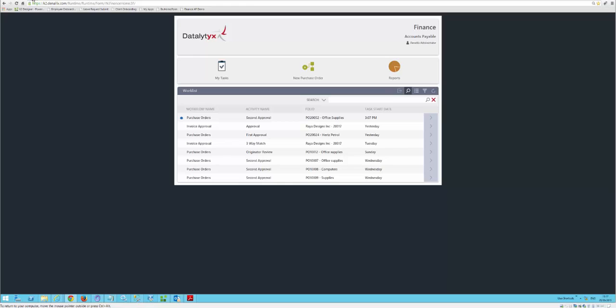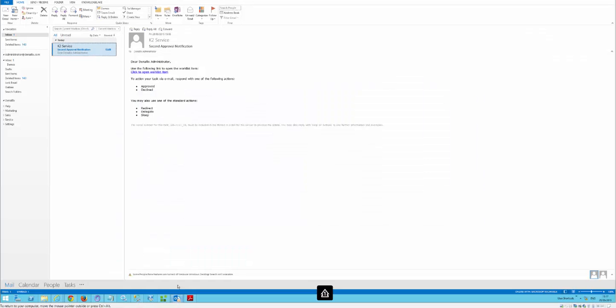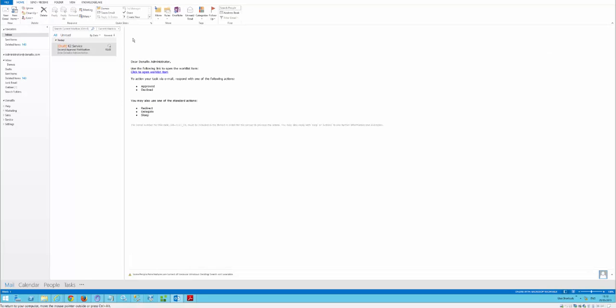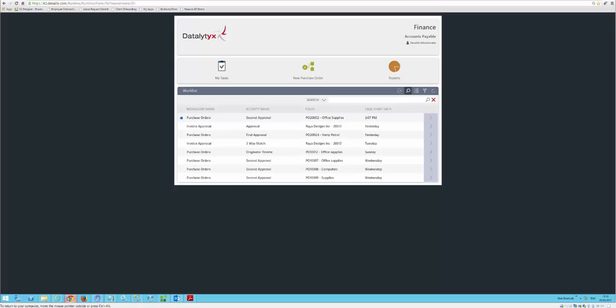So I mentioned earlier that we could interact with tasks through email as well, so I'll just show you that as well. Here I have the notification of a task. I can click on the link to open that item, or I can action it through the email itself. And it's basically as simple as opening the email and a reply, type in the keyword, which is approved, and sending that off. So if we go back to our view flow,